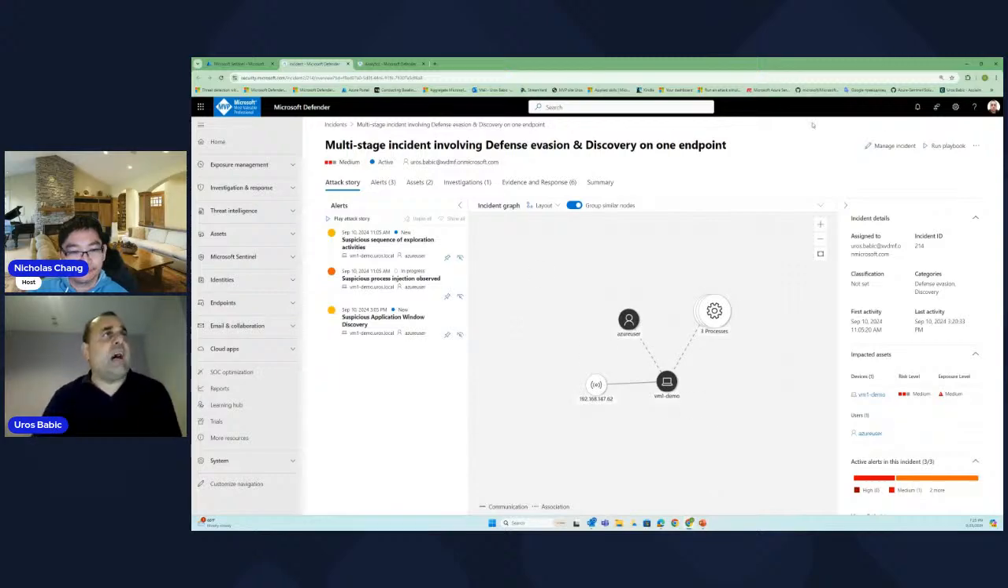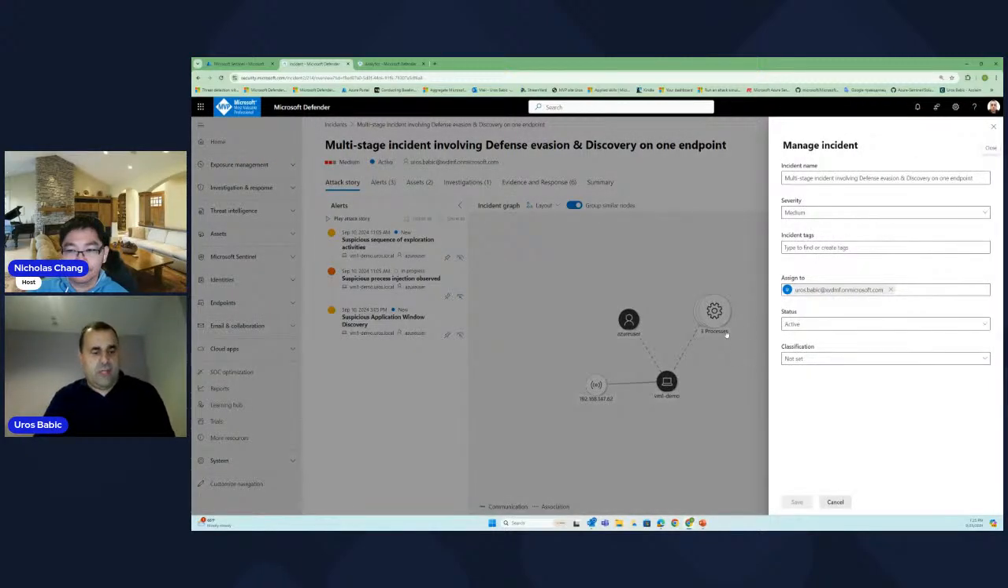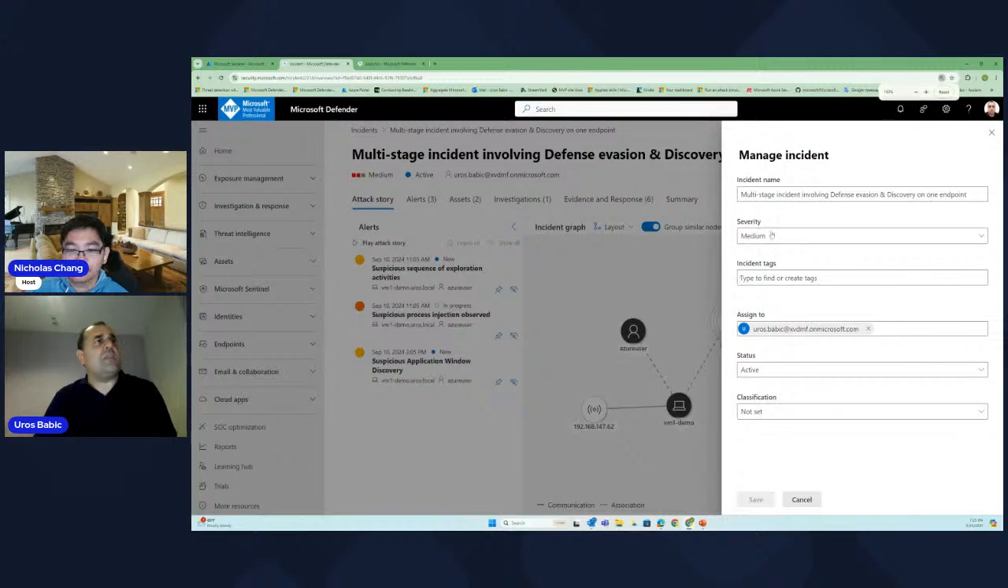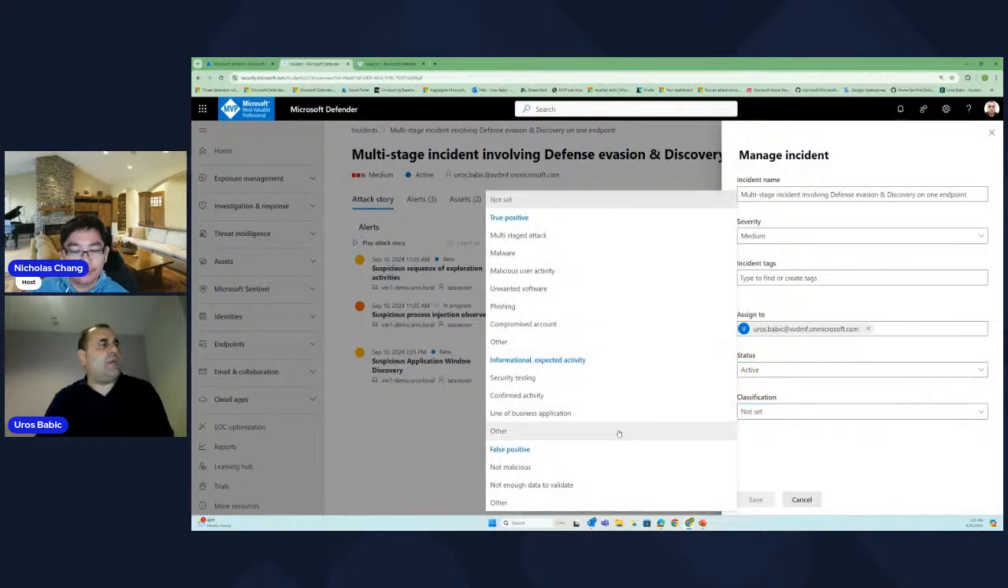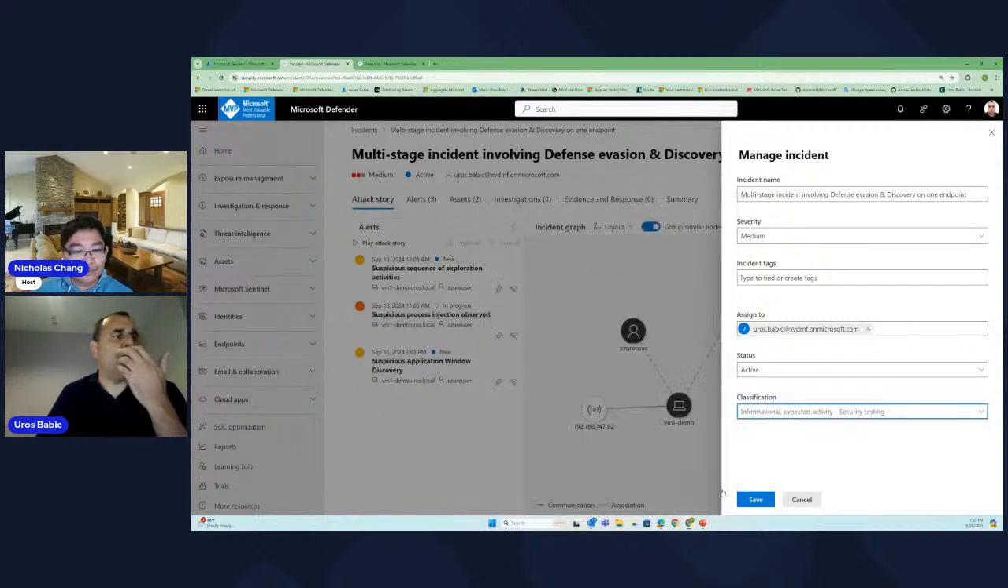And after that, I can manage the incident here. I can define severity. I can define the assignment and status. Now I can see this incident is resolved. I can see my classification. I can use this manually. I know that is some security testing. I can save my